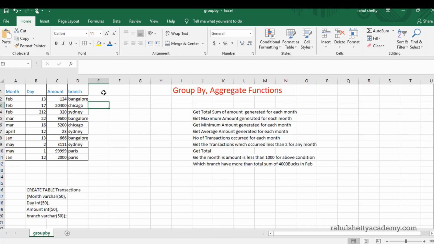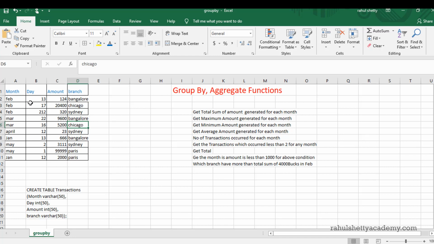Fine. Now as a CEO of the company, I want to analyze and see what's happening and why the results are going down like this. So I asked my SQL developer to get the amount generated in every month. I have to see how much my company did worldwide in February, March, April, and in January, May. So I think January to May, 5 months are recorded here. So how can you give that? And this is where the group by concept comes in.